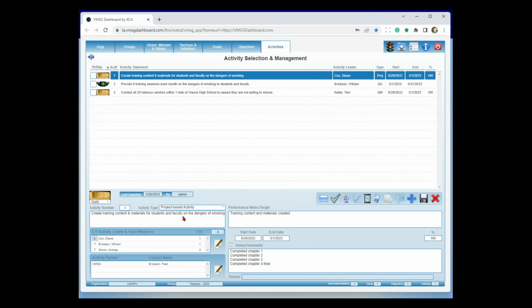So I'm going to be building PowerPoints and videos and manuals and that sort of thing for our training in here. How do I know when I'm done? Well, when those have been created, we're done with that. Every activity's got a date range in it. So in this case, we're saying between these 2 dates, we're going to do this.